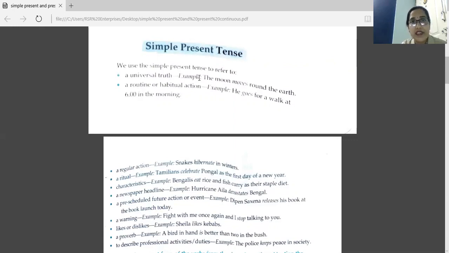It's a universal truth. So here in that sentence, we have to see the verb. The action word is move. Moves is the verb here. And here we are taking the first form of move. Now in this, one thing is there: somewhere we add s or es with the base form of the verb. Now where do we add s or es?